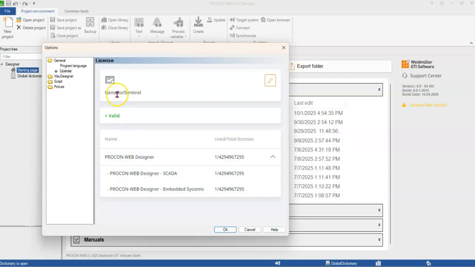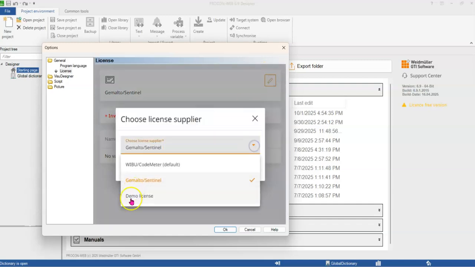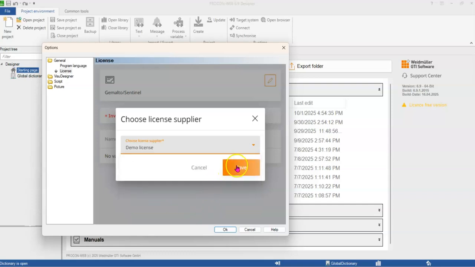There's two different types of licensing. There's the Weeboo software licensing, and there's the dongle license. So how you receive your license, I'm not 100% sure. It could be in the form of a physical dongle, or it could be a software license. So if I remove the dongle now, the PC gives a little click to say it's been disconnected, and now it's invalid. Okay, so what I can do now is go back to demo license and save,